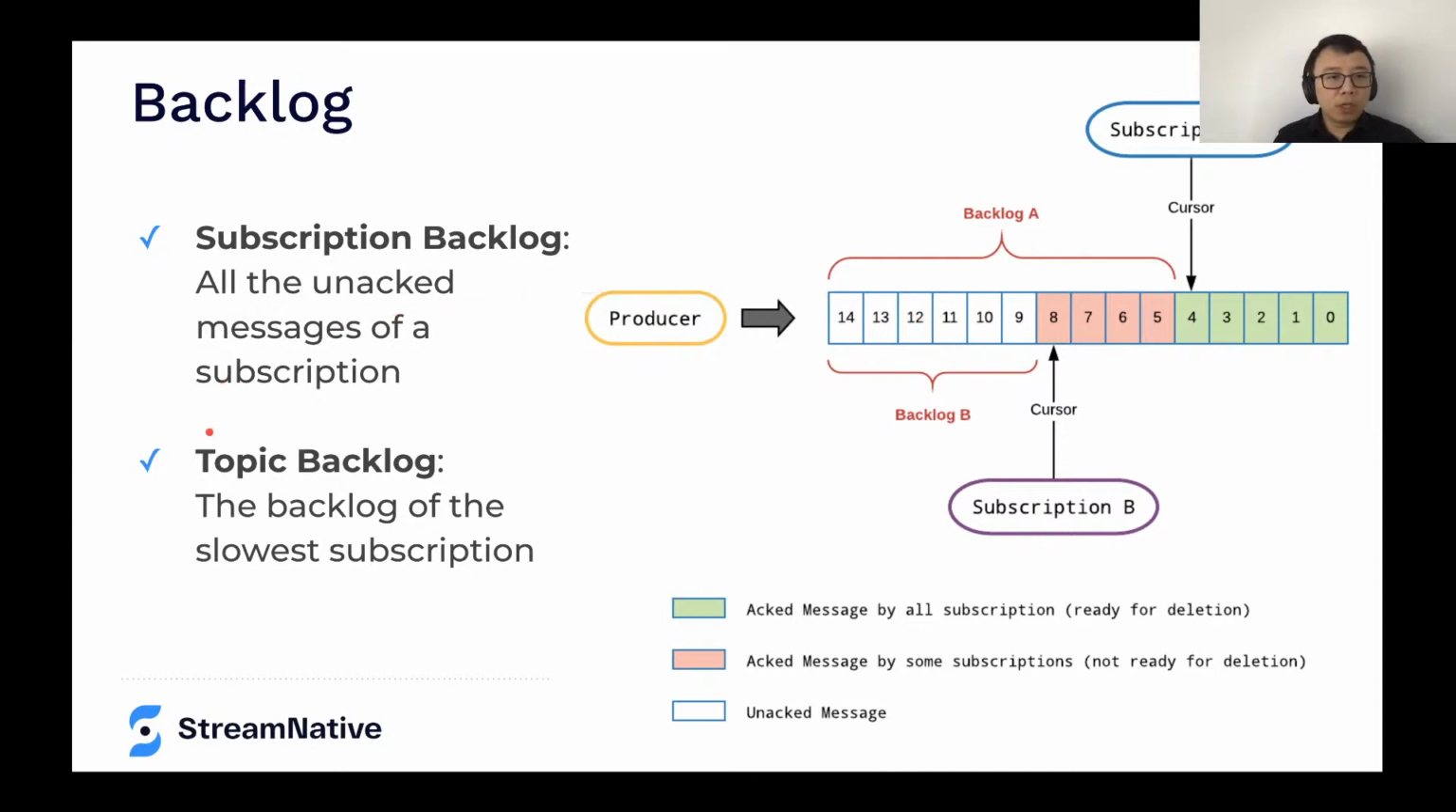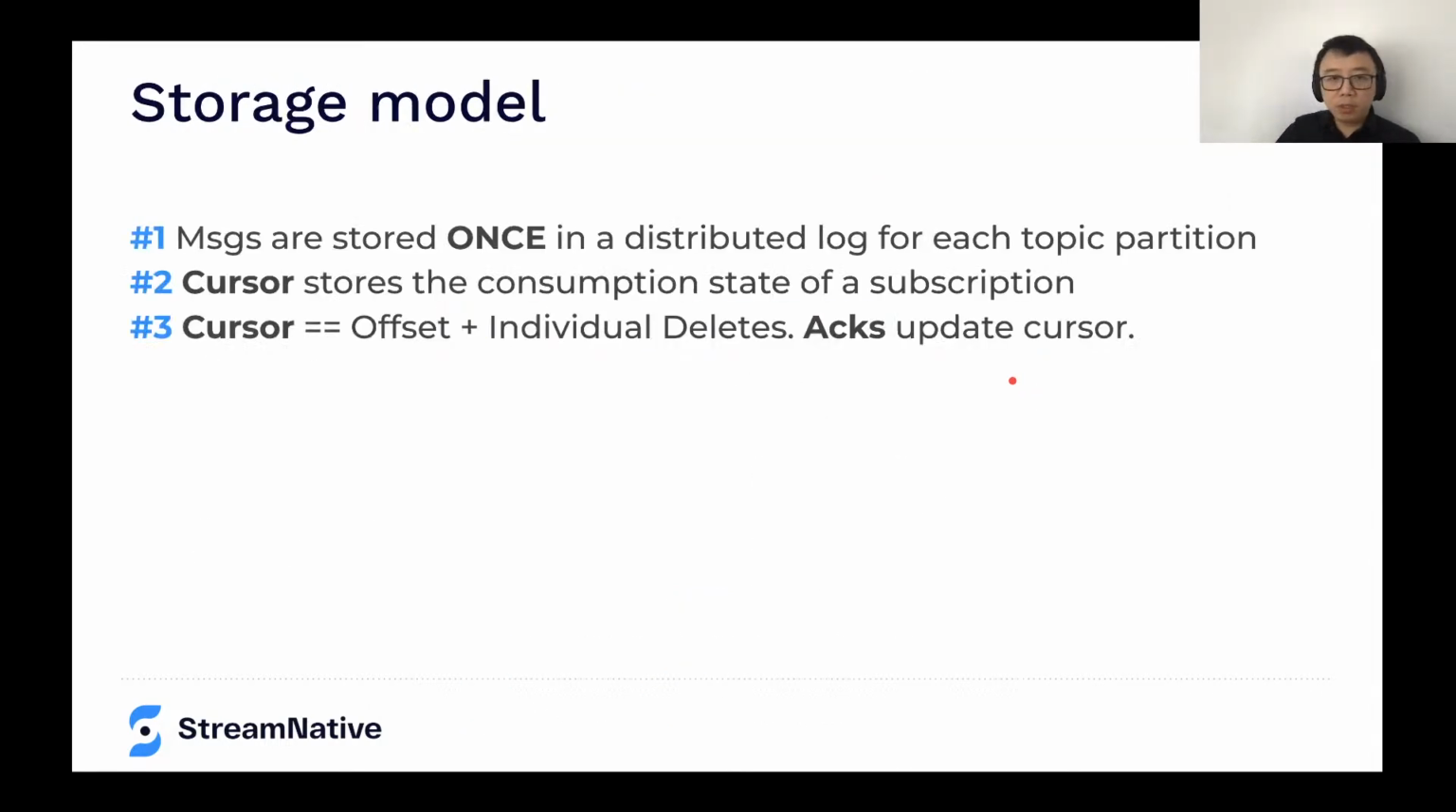And hence, for a given topic, you would have multiple subscriptions, and each subscription would have its own subscription backlog. And we call the backlog of the slowest subscription the topic backlog. So in this example, in subscription A, I have 5 to 14, which is 10 messages in backlog A,